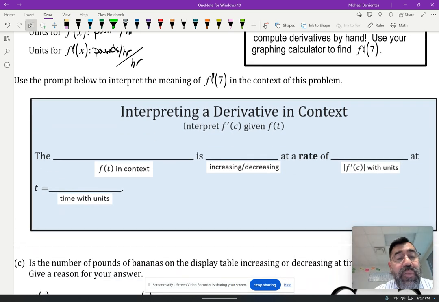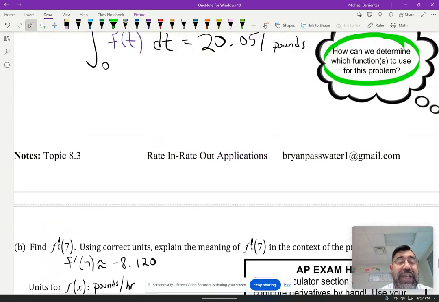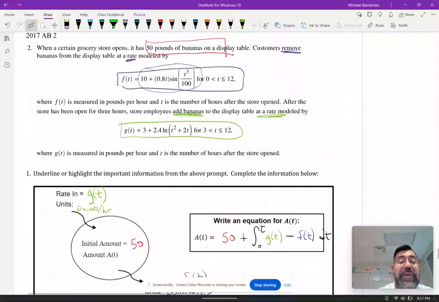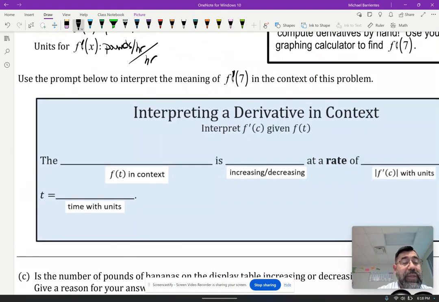Okay. So what was f of t measuring? What was the original function, not the derivative? F of t was measuring the rate at which the bananas are removed, right? F of t was the rate that the customers remove bananas. So I can say the rate at which the bananas are removed